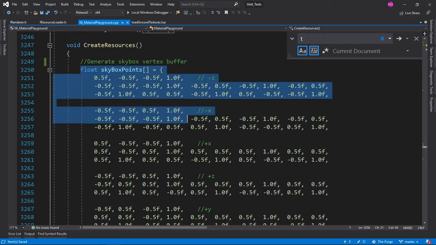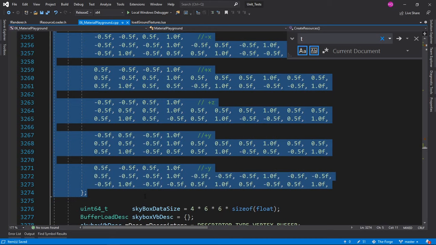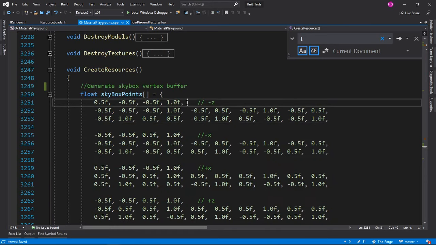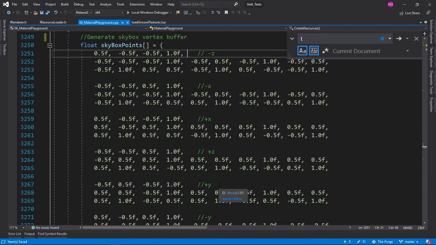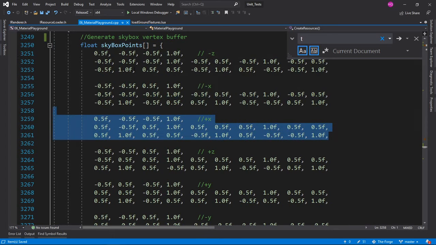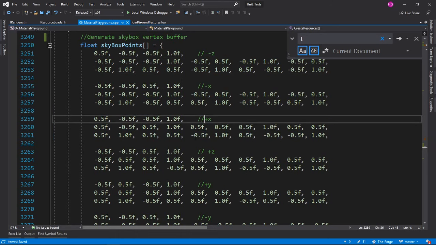You're usually going to need, at some point in your rendering, to render a cube, and I believe this skybox is a cube. Seems to have more. No, yeah, this is probably a cube. Each of these is a surface, like the minus z side of the cube, minus x side, positive x side.